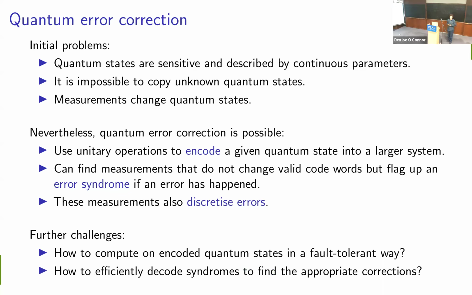Another aspect is actually more of a classical computing challenge. We've got our error correcting code, and in general, this is a really simple toy example that I've written up on the board here. We're going to potentially encode multiple initial qubits into some large number of data qubits, and then our measurements are going to be quite complicated, and there will be many of them that we use to try and find these error syndromes.